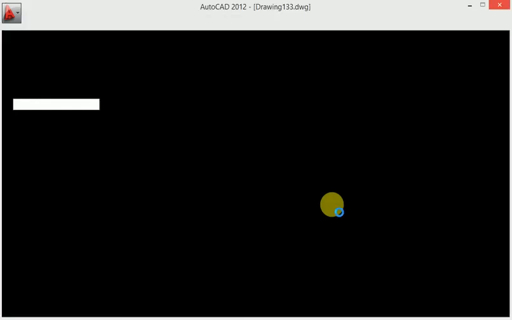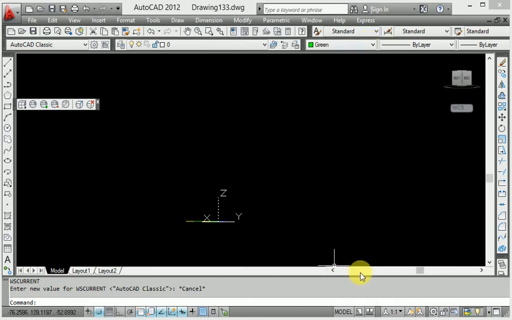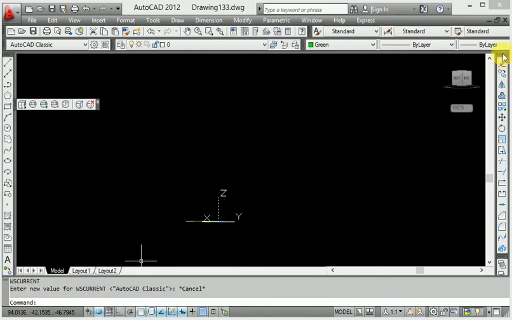Okay, so again when you go to another workspace, AutoCAD Classic, look at this AutoCAD Classic workspace. Look at this here, the classic type of AutoCAD. Classic type means the draw commands are available. All draw commands: line, construction line, infinite line, polygon, rectangle, arc, ellipse, circle, everything is available here in the draw commands. And the same thing is available on this side in the modify commands.